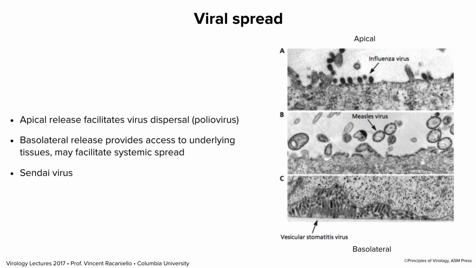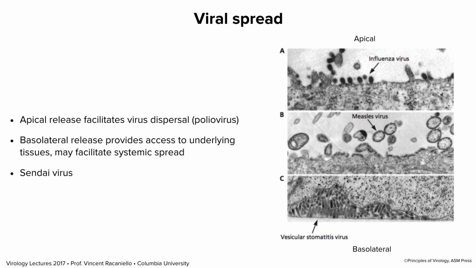And in most cases, we know flu viruses do not go systemic. Here's measles virus, an example of another virus which is only released apically as well. Now, it turns out that measles does get into your blood by different mechanisms that don't involve release, so we're going to talk about that later. And here's VSV. VSV is released at the basolateral domain, so that's a virus that has the potential to cause systemic infections, to be able to spread beyond the initial epithelium.